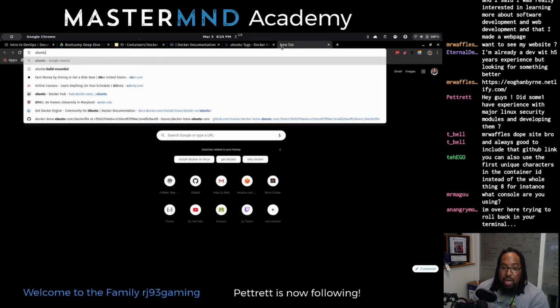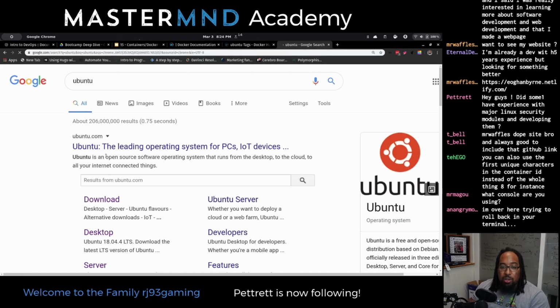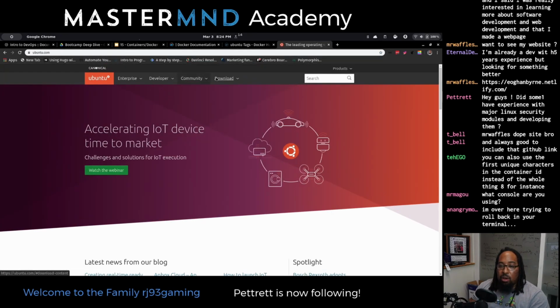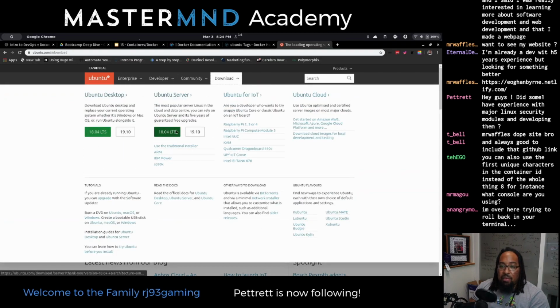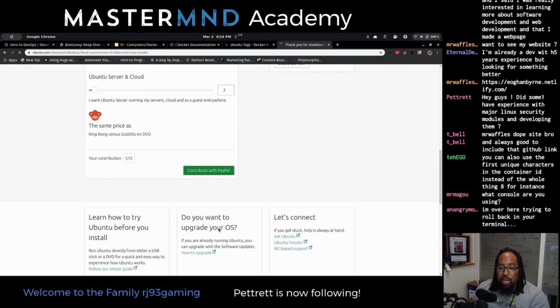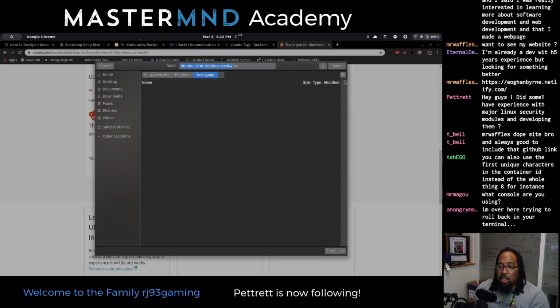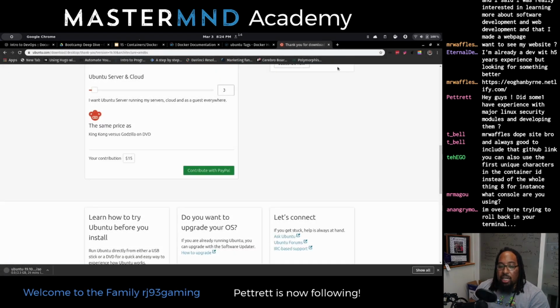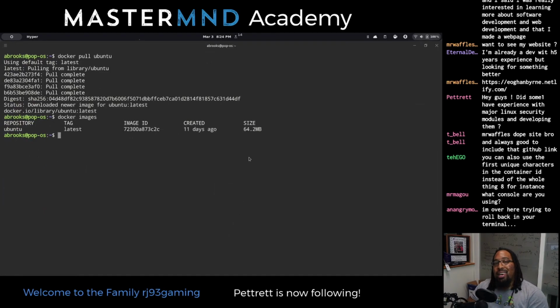If we went to ubuntu.com, just Google Ubuntu, and we try to download from here. I'm not going to download it, but if I click on Ubuntu 19.10, let's see if it tells me how large it is. This thing is 2.3 gigs, and actually that's going to break my server. Big mistake. Cancel. Okay. So you see that? That's a huge difference. 2.3 gigs for the entire image. Ours is 64 megabytes. Again, why is that?